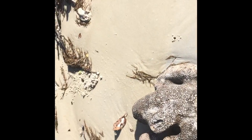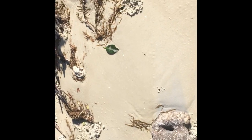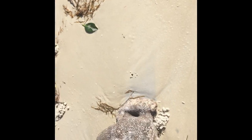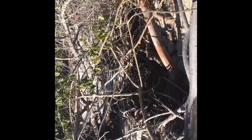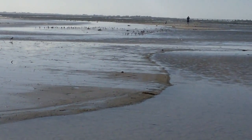So there's a bunch of crab holes here. So there's probably crabs around here. They're just underground because we're like Godzilla. So yeah. And a bunch of trees and more trees and mangroves and all that. Okay, so there's birds, and then there's